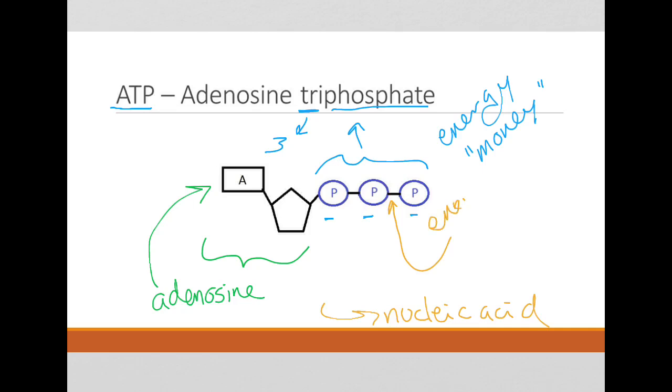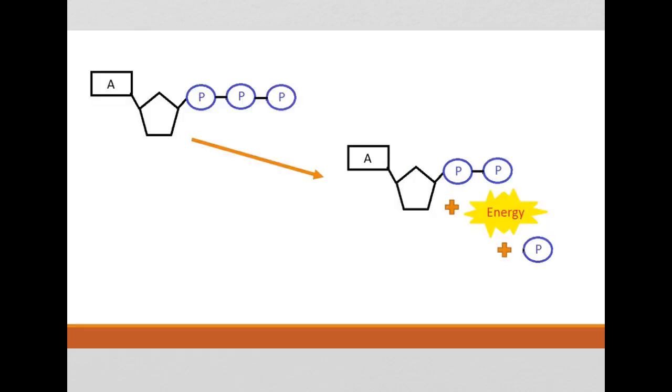So the energy of ATP is stored in the bonds that connect the phosphate groups, because it takes a lot of energy to hold those together. So that bond is very strong and it is storing energy. So to use ATP, you will actually end up breaking off the third phosphate group. So you break the bond between the second and third phosphate, and then you get a molecule with 2 phosphates, energy,